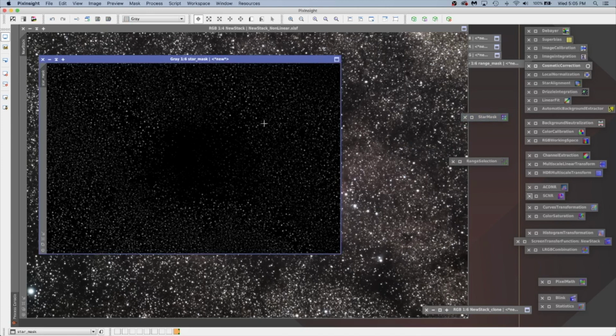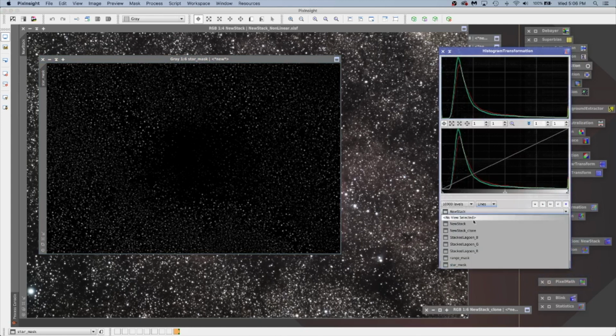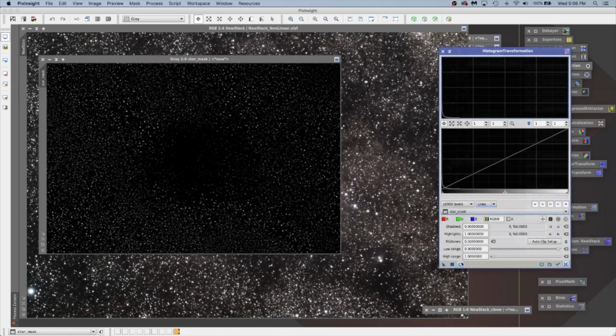Out of my way. Now, this is going to be my star mask. It's going to either protect my stars or I need to work on it. So to do that, I need to make those stars brighter to make a better mask. So let's go ahead and do a histogram transformation. I'll give it a reset here. Let's look at our star mask, right there. Okay, so if you just do a live view on it,